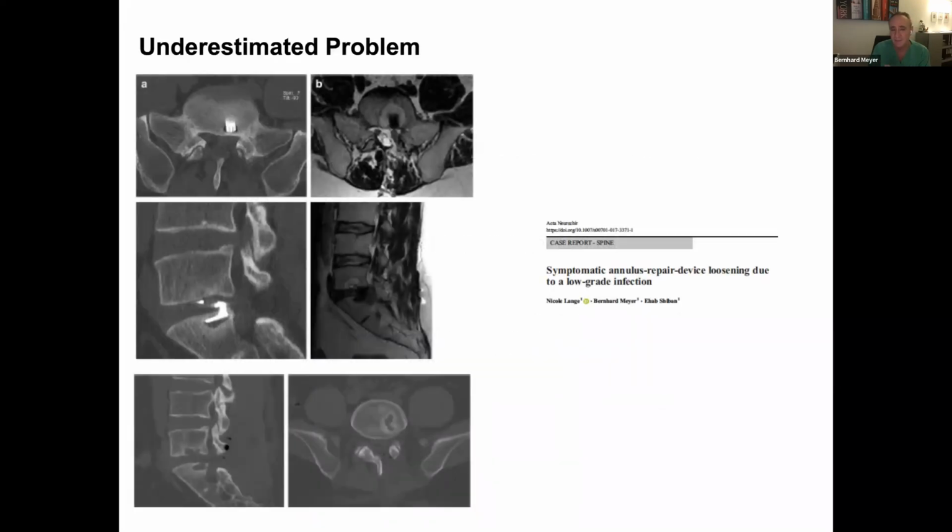And to take this a little bit further, that it is an underestimated problem, I show you 3 other cases, in this case a different type of implant. This is an annular closure device. We published that in Acta Neurochirurgica. So this is 4 years after implantation, and then the patient developed significant back pain, and you see also a very specific CT here. You have these holes in the vertebral body, and this lucency around the implant. We just removed that. Sonication came back with Propionibacterium. Immediately after removal, without stabilization, the patient was pain-free, and we gave him 14 days of IV antibiotics and then